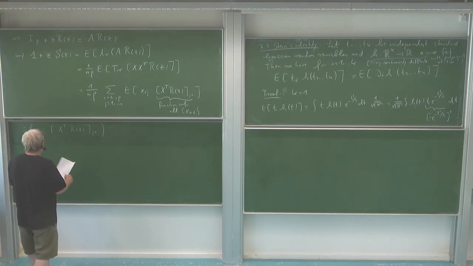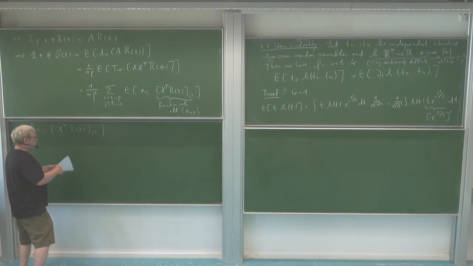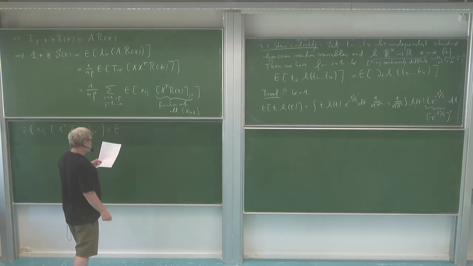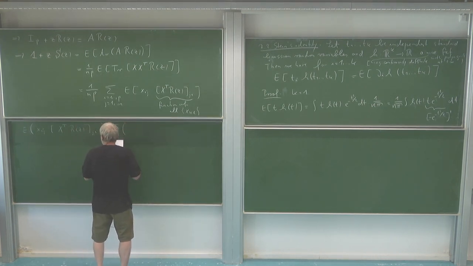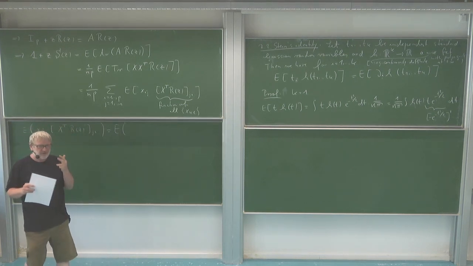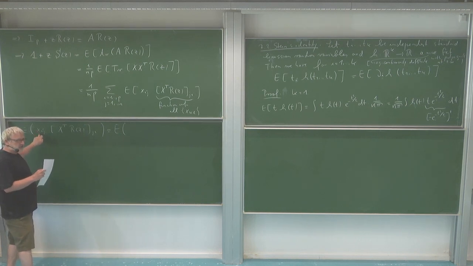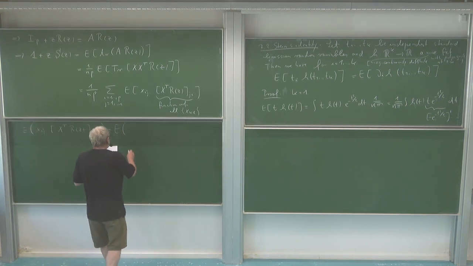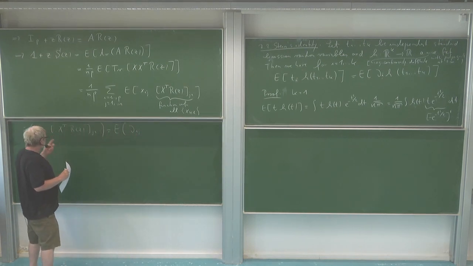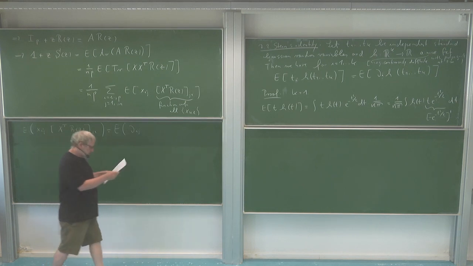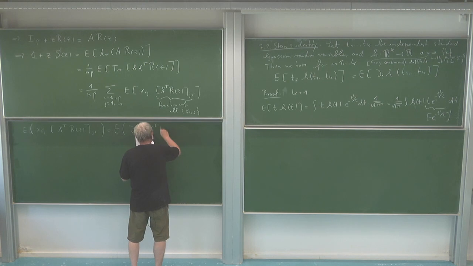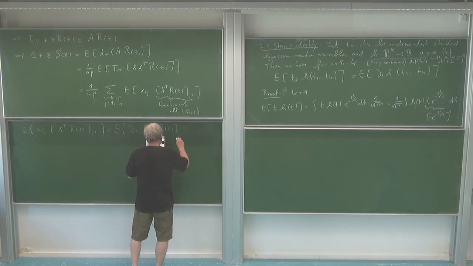Now by this Stein's identity, this is the expectation of, instead of multiplying, I take the derivative. And I have to take the derivative with respect to this variable, the variable x_ij. So I write this as delta_ij, which means it's a derivative with respect to the variable x_ij, of this thing here, which is the (j,i) entry of X^T R(z).